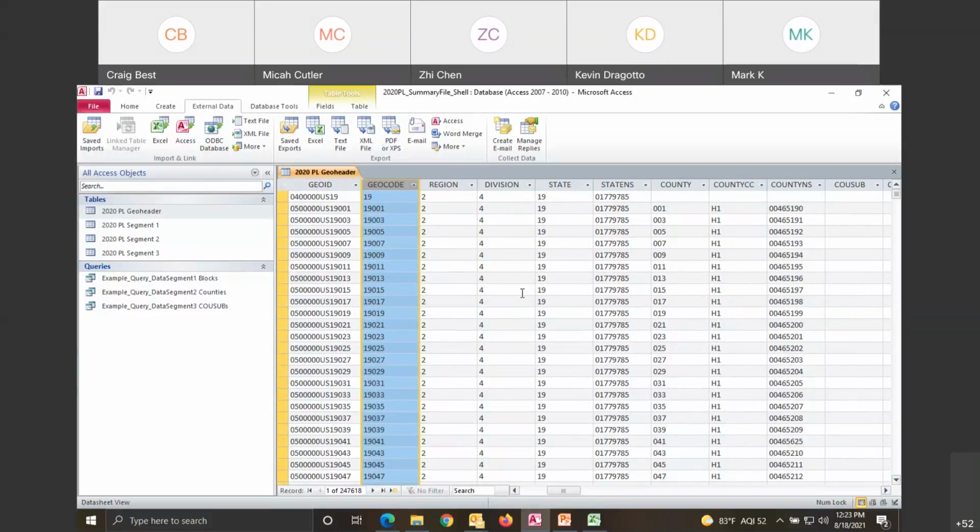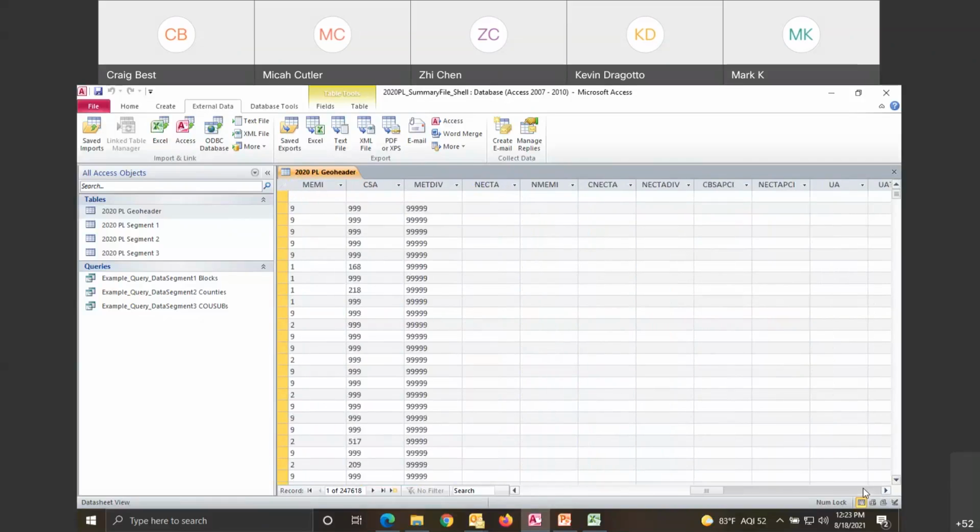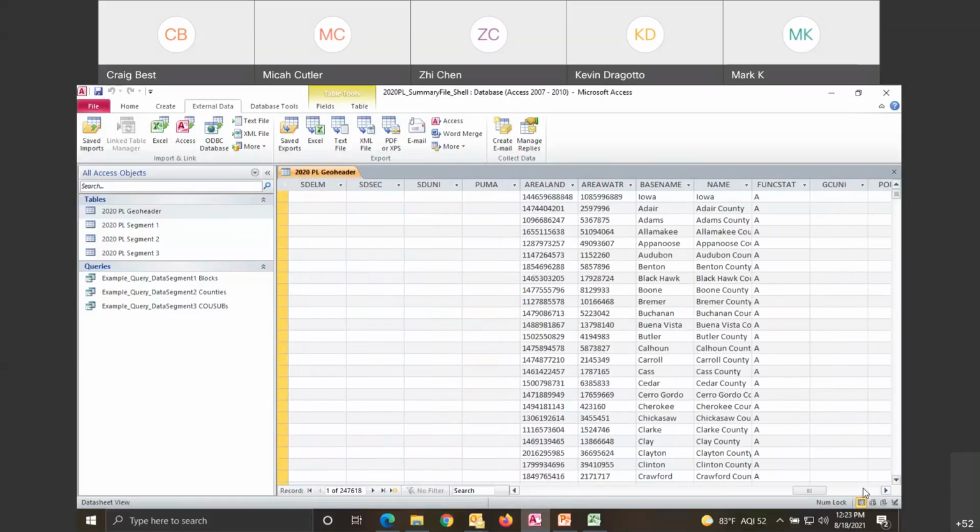In my example today, I'm just going to pull out population and housing unit counts for the cities in Iowa as my first example. So we'll continue to look through the data. I happen to know, I've been through this many times, I got to go way out here to the right. And here I get the name of the entity associated with that record.